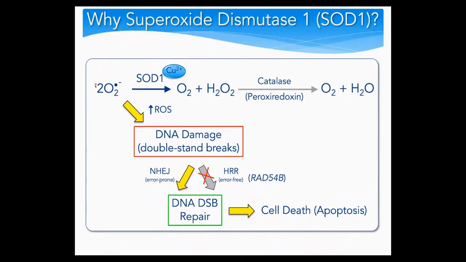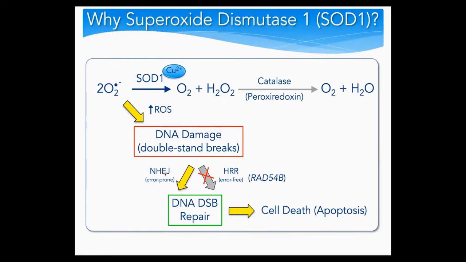This is it here. Basically, what SOD1 does is it dismutates superoxide radicals down into oxygen and hydrogen peroxide, which is further reduced into oxygen and water. Now, hydrogen peroxide and superoxide radicals are reactive oxygen species, and those reactive oxygen species have essential signaling roles within the cell. But what we reasoned is if we prevented this from happening, we'd have an increase in reactive oxygen species, which certainly causes a variety of different types of cellular damage,